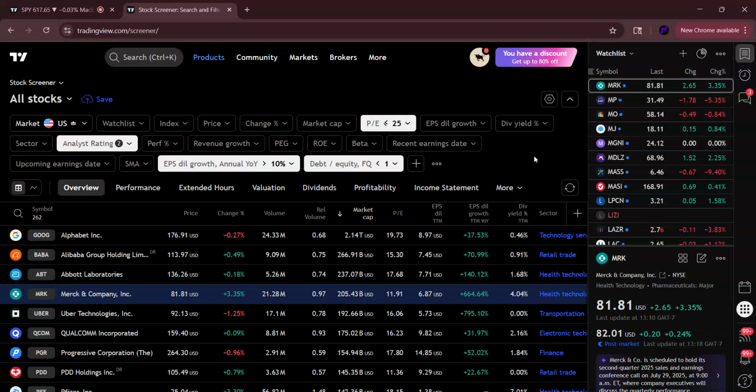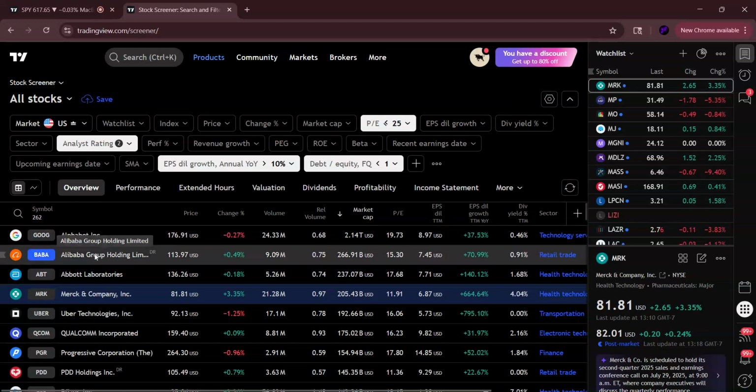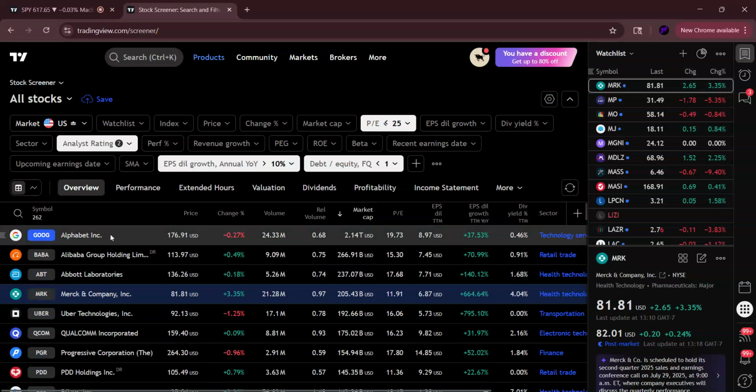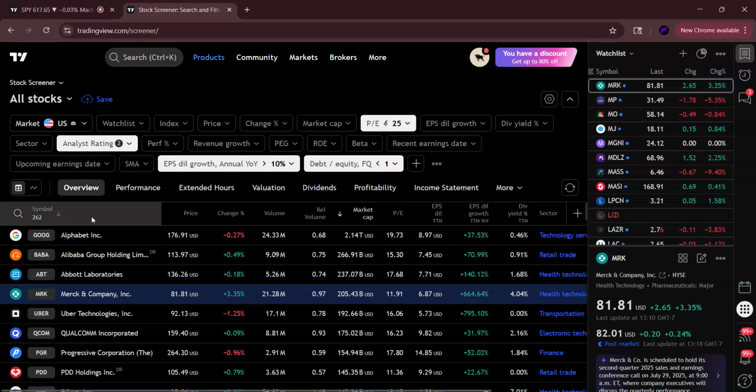You can screen to narrow down your companies, but in order to find the investments that you actually want, you're going to need to go into each of these companies, find out what they do, find out if they're profitable, find out why their PE ratio is so low, what have they done in the past, why is their stock price undervalued,